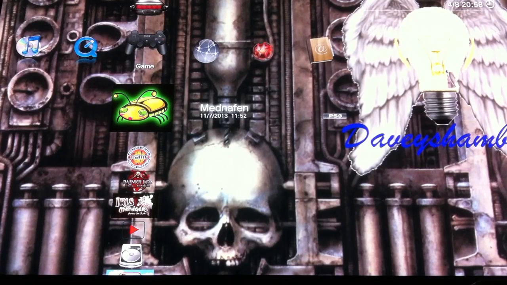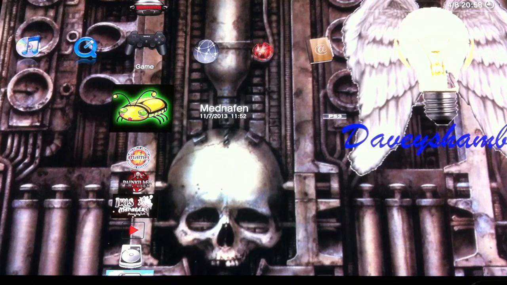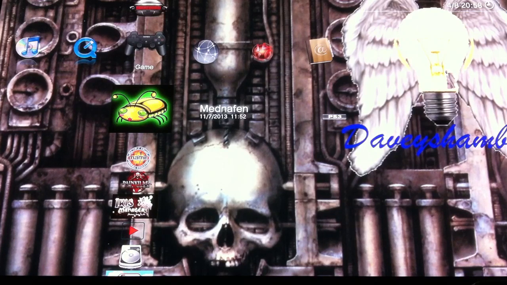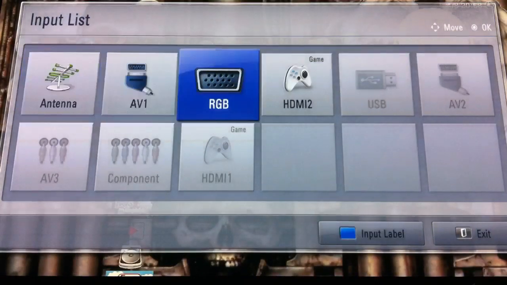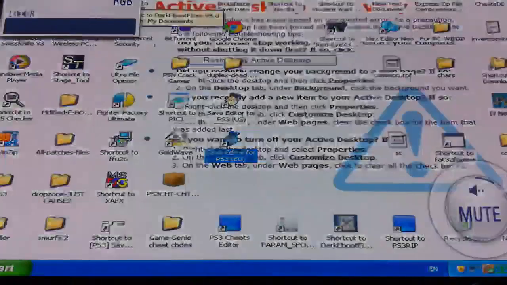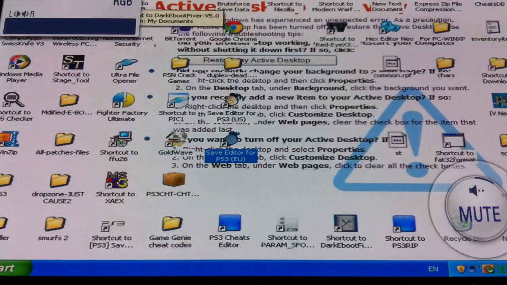Okay, so in this video I'm going to show you the cheats editor for Windows. That is the free application that you can use for editing your cheats with a PlayStation that's got custom firmware, such as this one you can see in front of you. So I'm going to go to my PC, my Windows PC, and then I'm going to go to